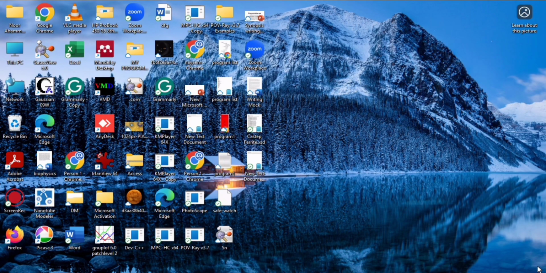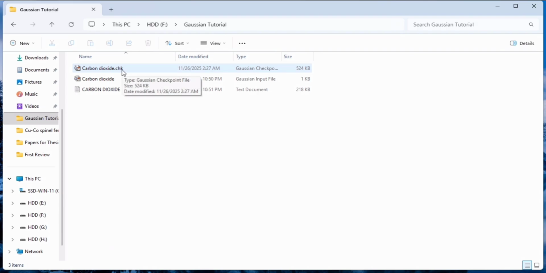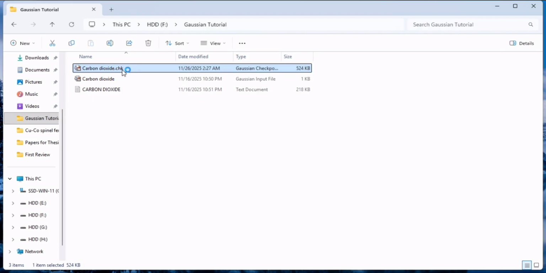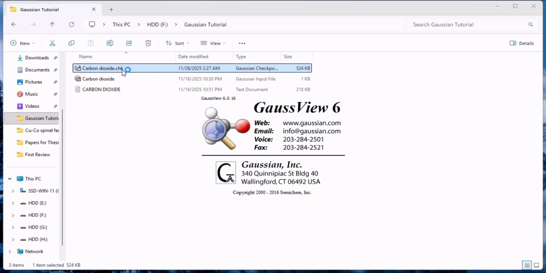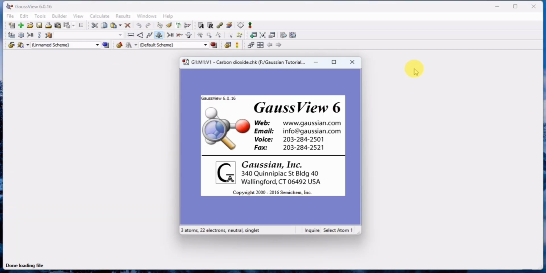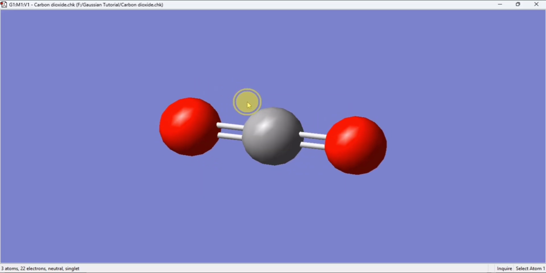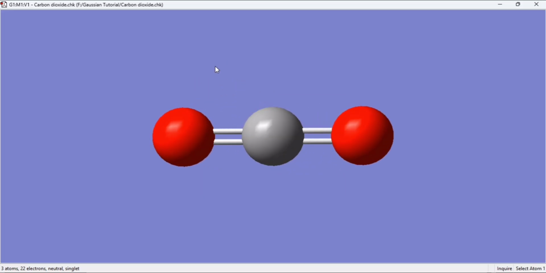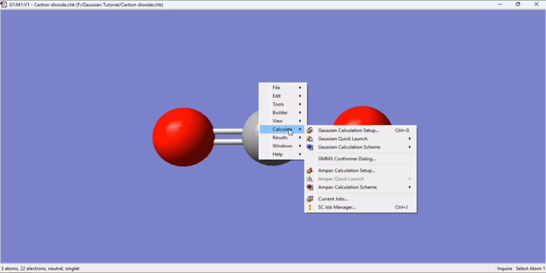In the last videos, we have seen how to optimize a carbon dioxide structure using Gaussian software, and today I will show you how to optimize and analyze the thermodynamic properties. To do this, I first have to open the optimized file. This is the output file we got from the geometric optimization. Now I will just optimize it again